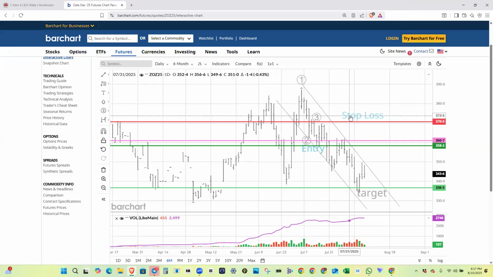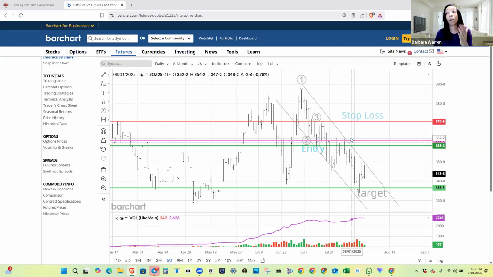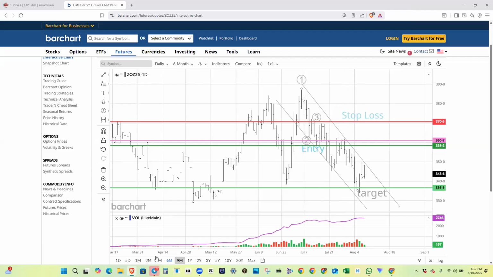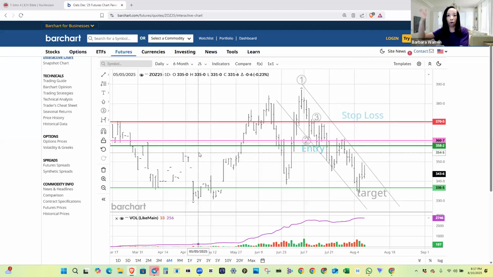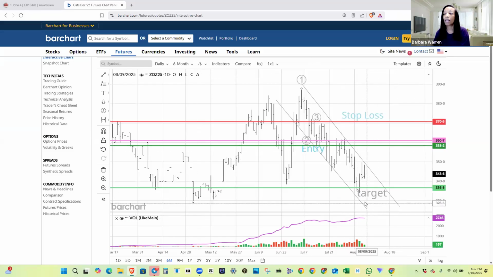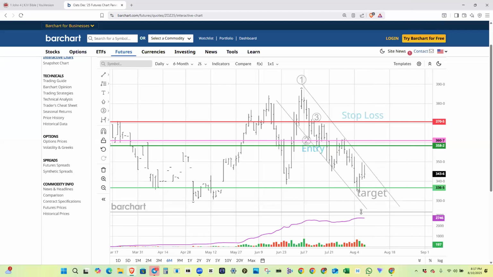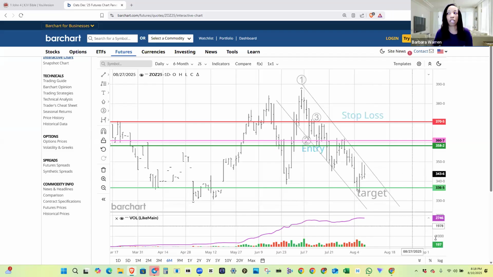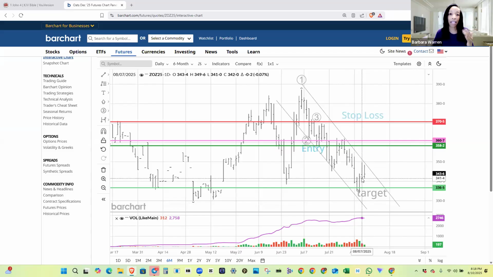So a lot of people miss that first entry, but the good thing about it, like Devin was saying, is that it repeatedly makes a 50%. See, this is a 6 month. It's going to make this 50% over and over again. It's going to break this and go into an uptrend. It's going to be a bottom formation. You get another chance over and over again, 50%, 50%. So if you miss the first one, you wait for another entry. That's what you do, but you have to find the 50% first because you have to make your plan make sense. Why am I going to enter into this market?